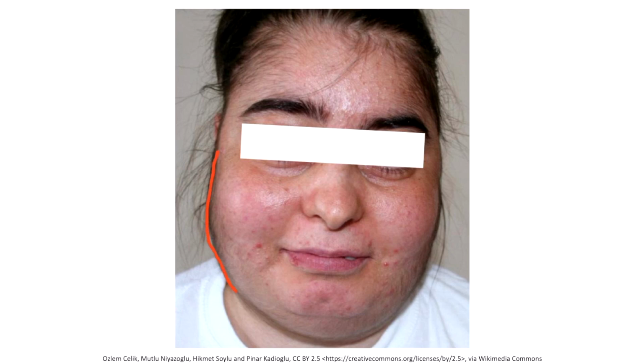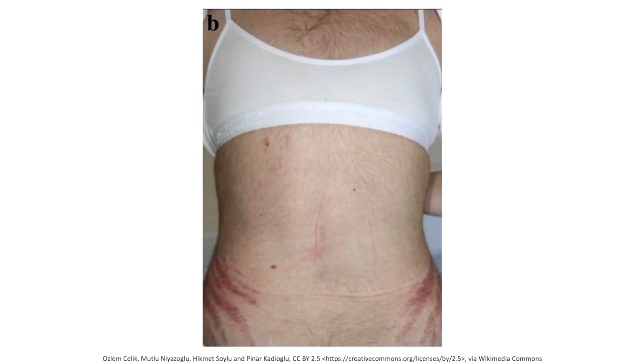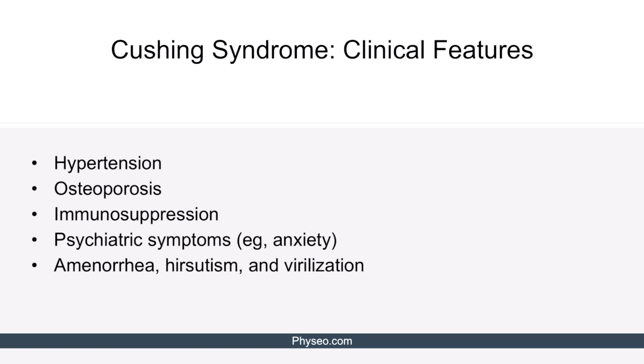Once again, moon facies refers to excessive deposition of fat on the sides of the face, leading to a rounded appearance. Here's an image of a different patient with Cushing syndrome that depicts the characteristic purple striae that can be seen in this condition. In addition to the high-yield clinical features that we just discussed and saw, there are several